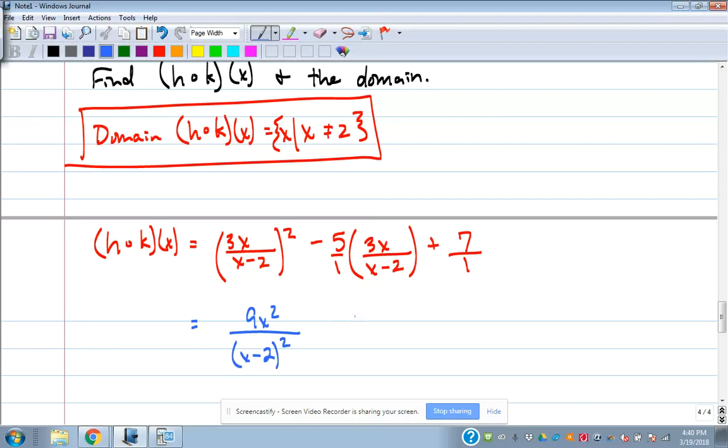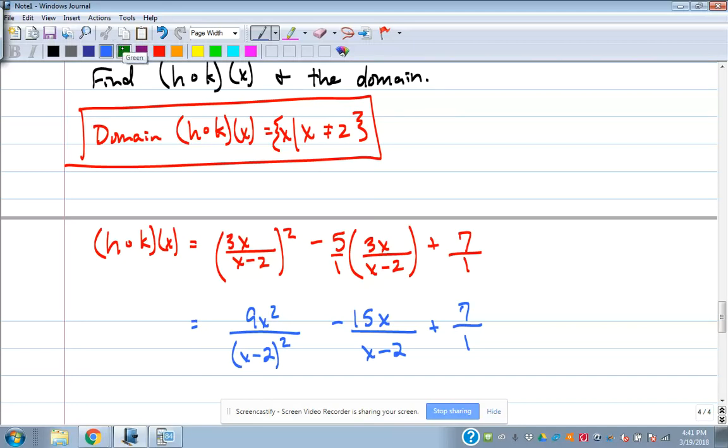Negative 15x over 1x minus 2. And then 7 over 1 is still 7 over 1. Now, it would be wonderful if you leave it that way, but you can't. Okay, so if we're going to add 3 fractions together, what do they all have to have? Common denominator, the funnest thing in the world when it comes to math, especially when there's letters and pieces and